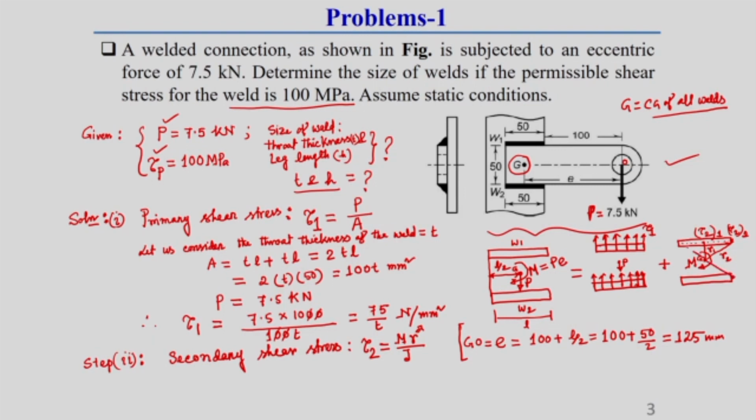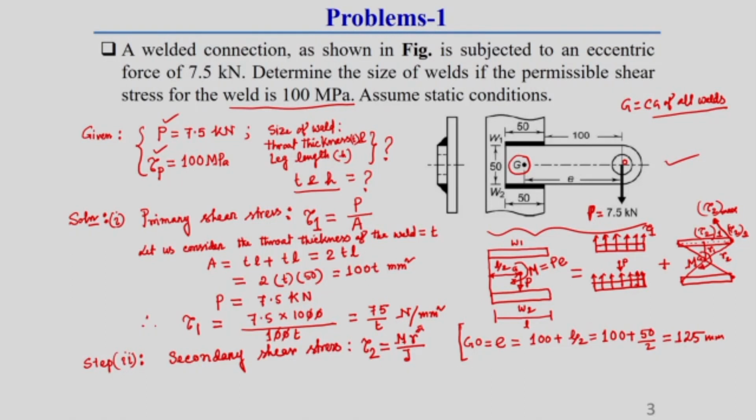At any corner point of the weld we will get the maximum shear stress. Why? Because the distance from G to any corner point is the same. So, any one of the corner points we can consider as tau 2 maximum shear stress,